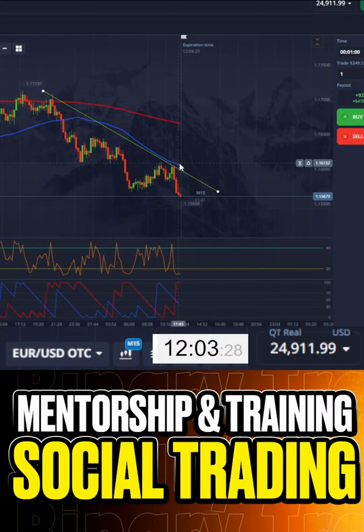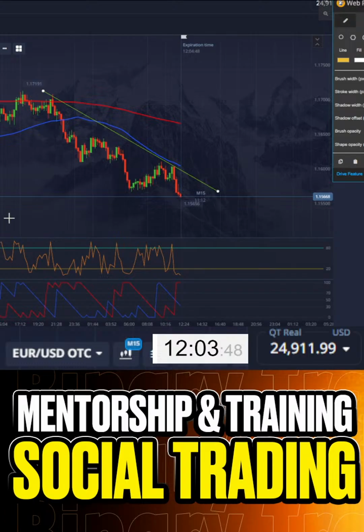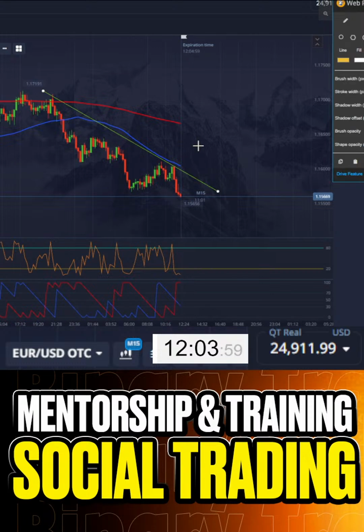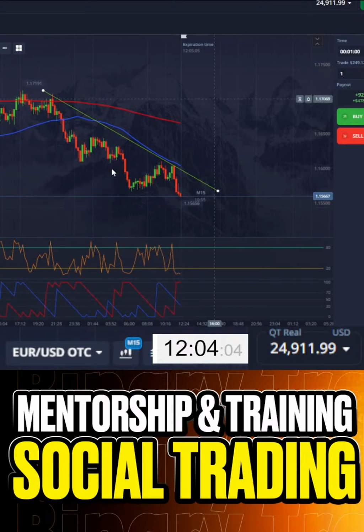If you don't know how to determine the trend direction, no worries. Just take a look. If the price goes from the left up screen and goes to the right down screen, it means that the trend is downward. If the price goes from this corner to this corner, it means an upward trend. Right now we can see that it goes down, right? Right, my friends. Okay. Let's move on. Let's move on, my friends.